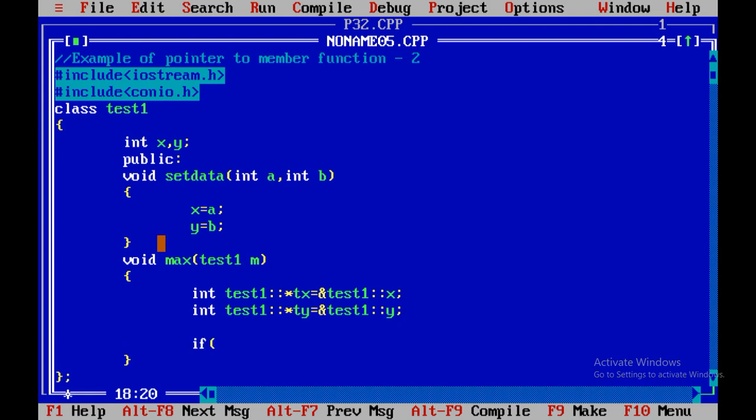Now we are going to put a condition to find the maximum number or value.